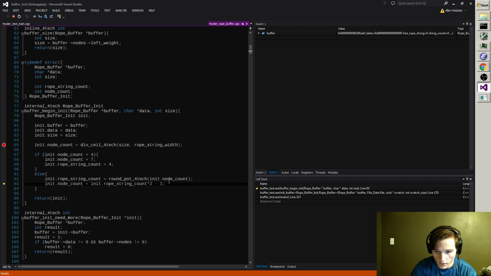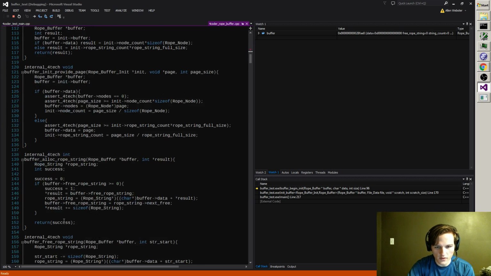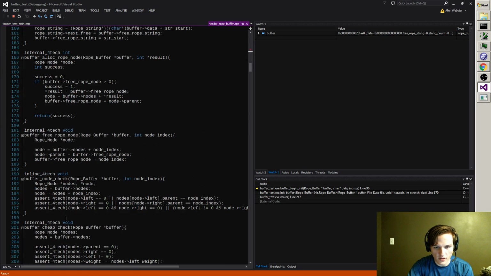Okay, so 39,000 up to 65,000. It says we're going to need 65,536 strings to hold all of this. Then it goes, okay, if you double that and subtract 1, you'll find out how many nodes you'll need: 131,071. That's all fine and good, but I need an extra node in a certain circumstance. But it seems like I should have gotten more than 131,071 nodes thanks to the roundup anyway. I mean, obviously I should take the -1 out, but